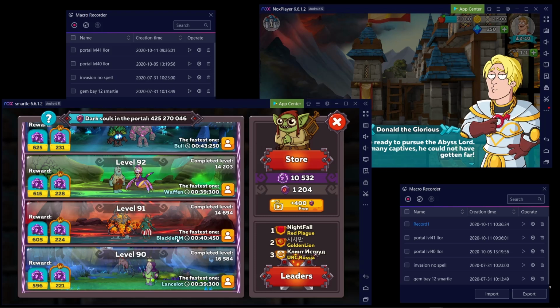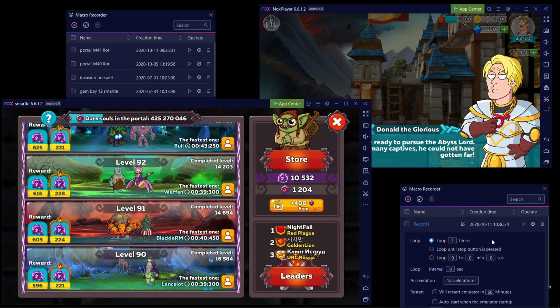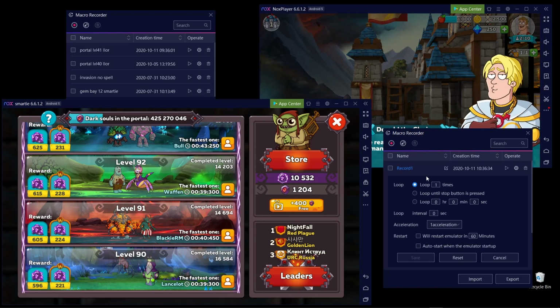So now I have here a play button, which means it will repeat or replay the same clicks that I did. Then there are settings as well, so you can loop how many times you want the instance to repeat. You can do until stop button is pressed, but then you have to always look at the in-game resources that you have, because you might run out of the resources if you go loop until stop button is pressed, and let's say you have it running on your computer and you are leaving for 2 hours,